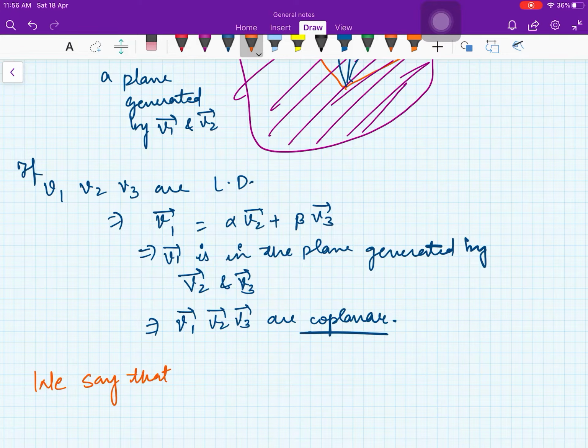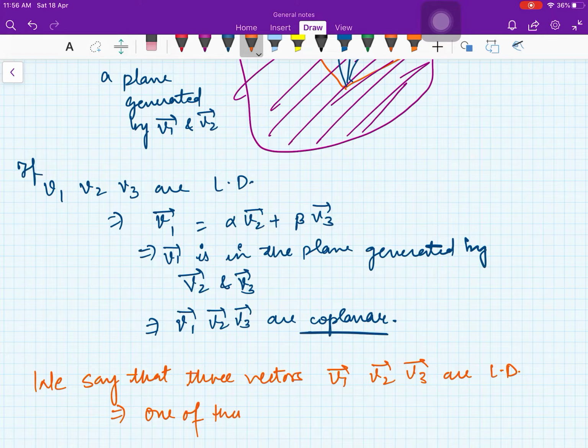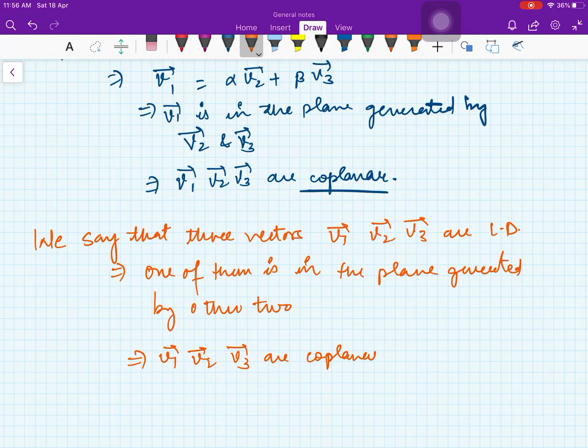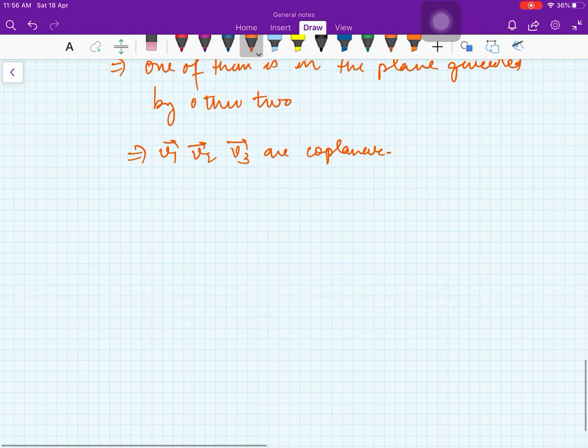Even if we are not in R3, we say that if three vectors v1, v2, v3 are linearly dependent, it implies one of them is in the plane generated by the other two, or we say v1, v2, v3 are coplanar. So this is how we define linearly dependent vectors in R2 and R3, and the same terminology we use for